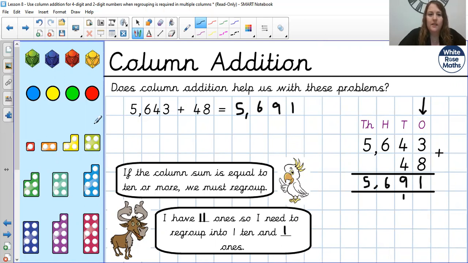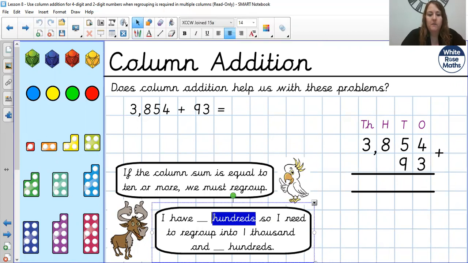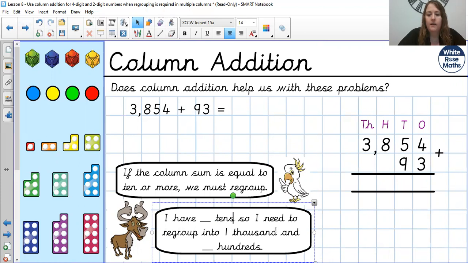Okay, let's go on to the next one then. This time 3,854, add 93 again. I'm checking it's in the right columns. The tens are in the tens column and the ones are in the ones column. And this time down here, I'm going to change it for my tens number going over,